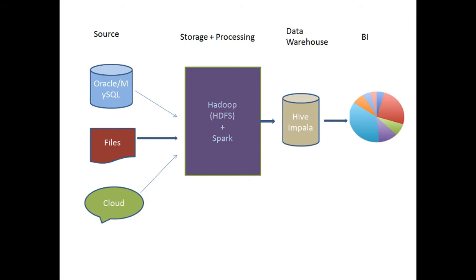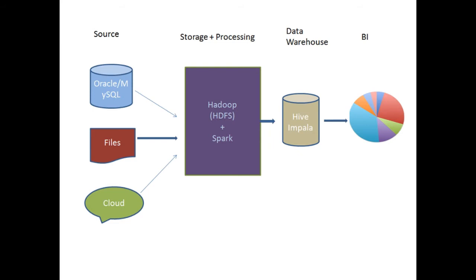So first is a source, then we have to copy from source to storage, that is Hadoop. Once processing is done using Spark, that final data set or data frame will be saved as a Hive table, in the same Hadoop, same framework. So all the processed data will be created as Hive tables. That will be called the main data warehouse. So data is ready. We have applied all our transformations and saved it in a Hive database. The Hive database here is nothing but the data warehouse.